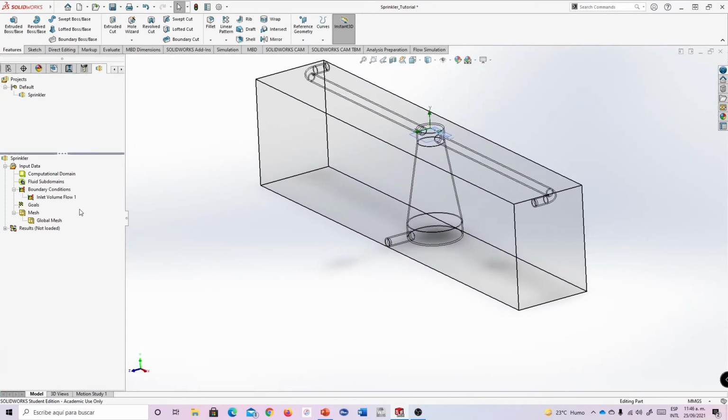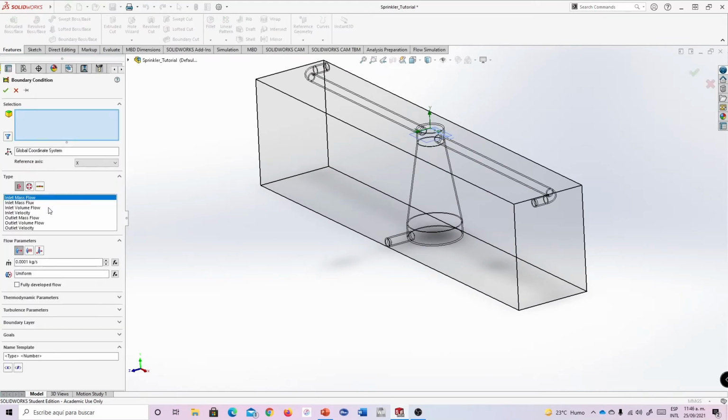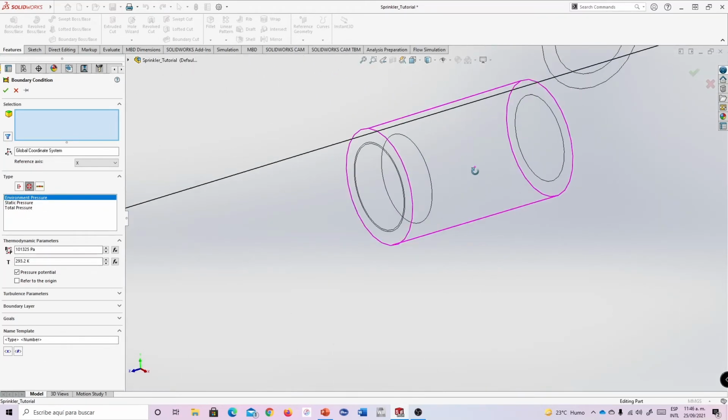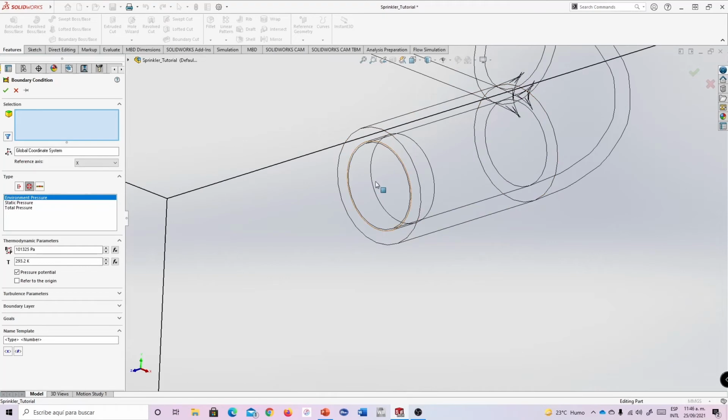Well, now we have to define which are the outlet boundary conditions. In this case, I will have to select another type, that is pressure openings, and you will have to select environment pressure, that is selected by default. So the outlet will be these ones, this one here,